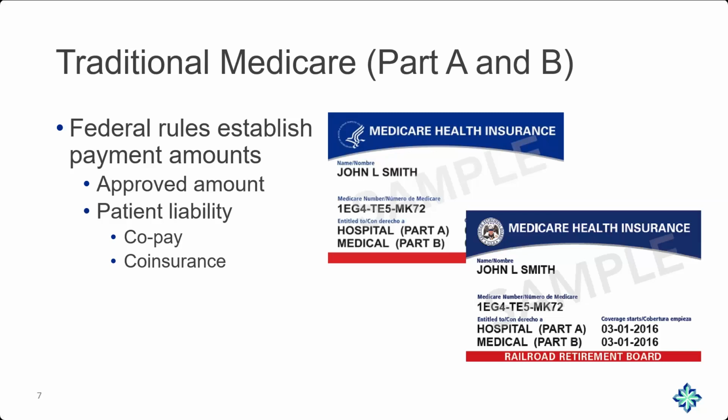If you look at your screen, in the upper picture, you'll see nothing in the bottom little red bar. And in the lower picture, you'll actually see where it says Railroad Retirement Board. That's the first rule you need to be aware of. While we use the same payment methods, we do process claims differently. It's different contractors. So if you see Railroad Retirement Board, that is not WPS. It's also not a Part C plan.